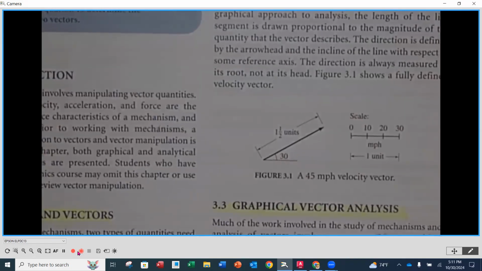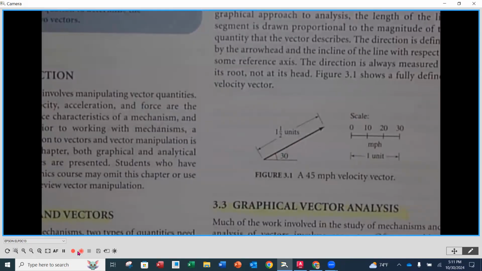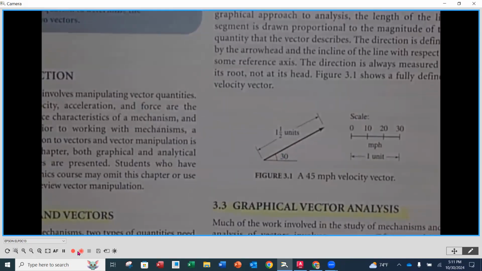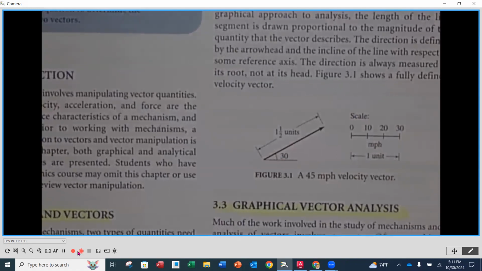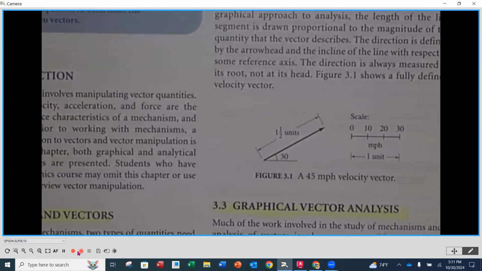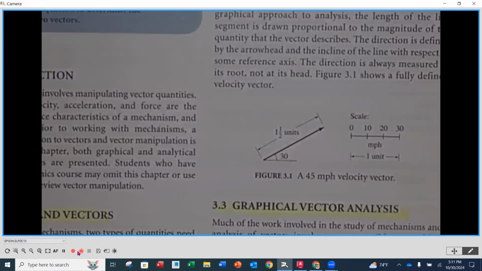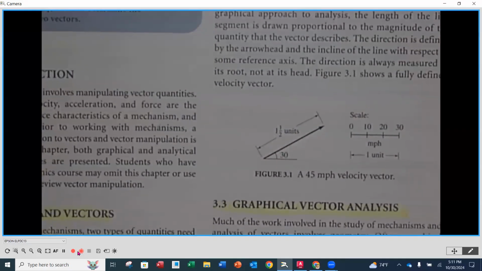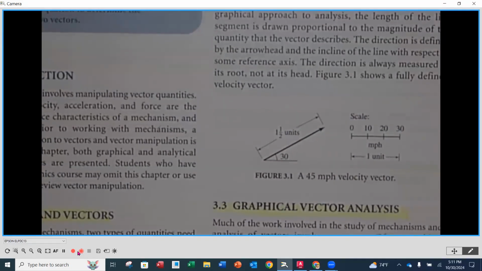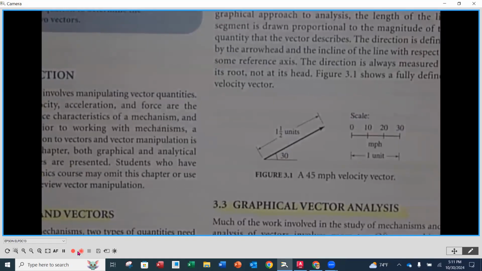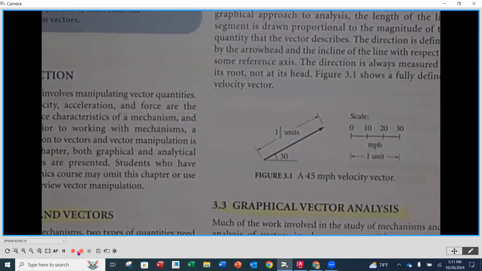You'll notice that the length is 1.5 units. Now, units could be units of velocity, so miles per hour, feet per minute, inches per second, whatever it might be. It could be acceleration, another vector quantity, so that would be feet per second squared, for instance. Or it could be force. It could be something that has a magnitude of 25 pounds, 30 kips. What would be another one? Newtons. So we could do 10 newtons could be the units, okay? And the units are always going to be whatever the magnitude is going to be, the length of the vector,